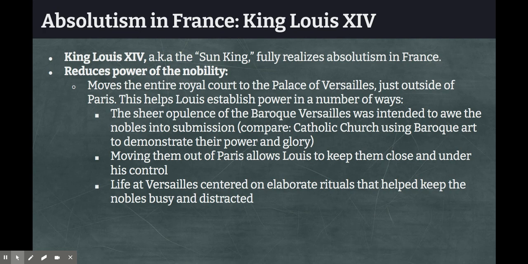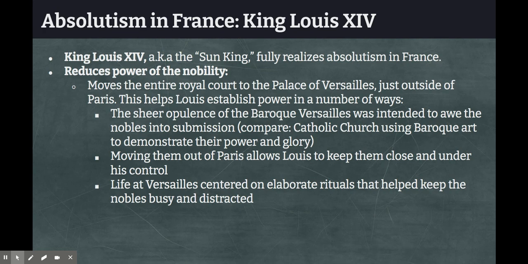So what he does is he just picks up all the nobles and he moves them to this palace that his family has called Versailles, which is outside of Paris. So like today, it takes you about an hour to get there from Paris. I'm not sure how much time it took you back then. And this move helps Louis in a variety of ways. So first of all, he rebuilds Versailles. So it is fancy. It's in the Baroque style. It's also a little bit of another style we'll talk about a little bit later.